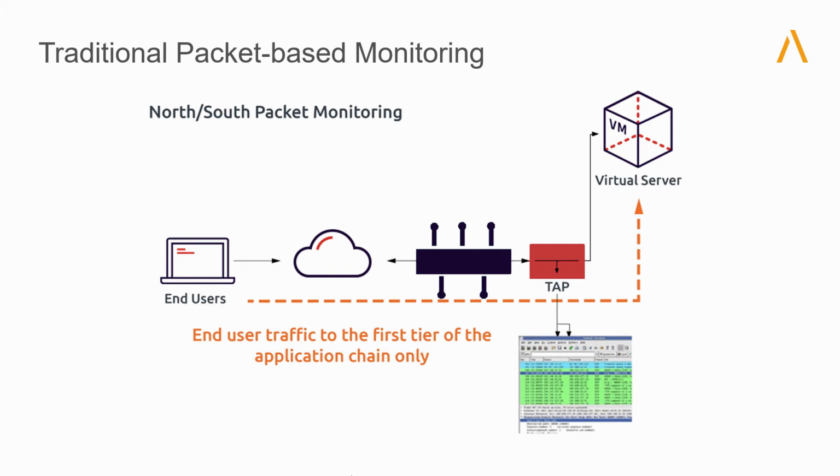So what does this whole north-south, east-west traffic mean anyhow, right? What I've got here is a diagram of what I see from a consulting perspective of what we call traditional packet-based monitoring, where we're looking at all of the traffic as it traverses the wire. Typically, we're using a TAP or packet brokers via span or mirror ports that are looking at all the traffic